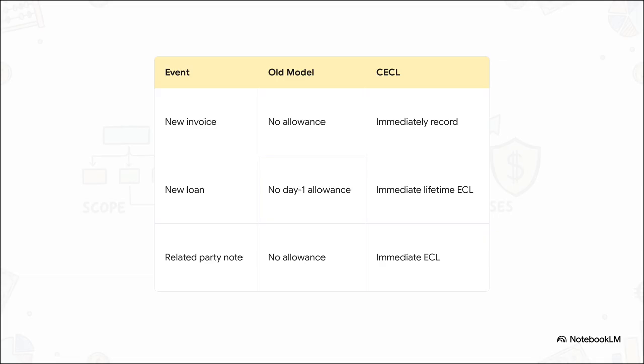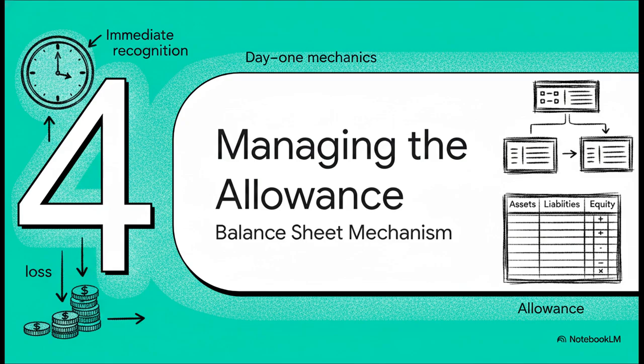Event 2. You originate a brand new loan to a borrower with flawless credit. Old model, no allowance on day 1, we just assume they're current. CCL, you immediately record a lifetime expected credit loss. Yes, even for the borrower with perfect credit, because mathematically, over the life of an entire portfolio, some losses are just expected. Finally, a note receivable from a related party. Old model, no allowance unless there's doubt. CCL, immediate estimation and recording of expected loss, even for low-risk related parties. You no longer wait for a trigger event. You anticipate. And finally, Section 4, managing the credit loss allowance, where we'll look at the actual mechanism of the